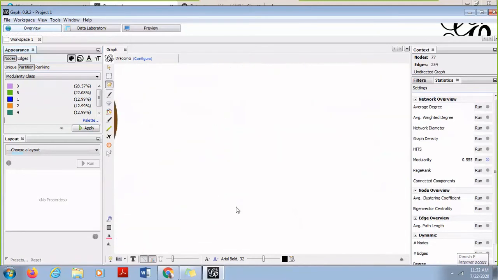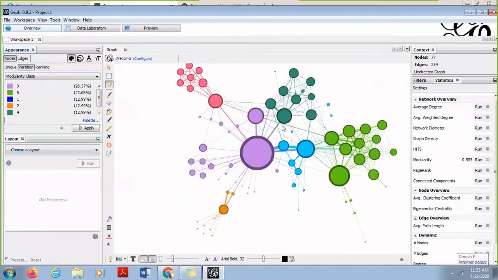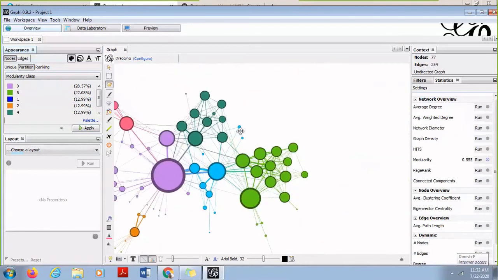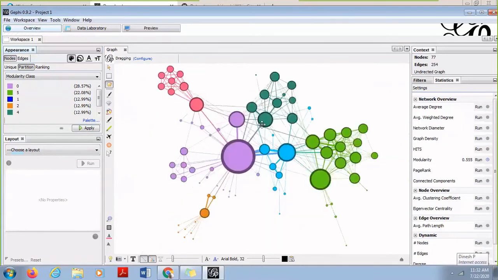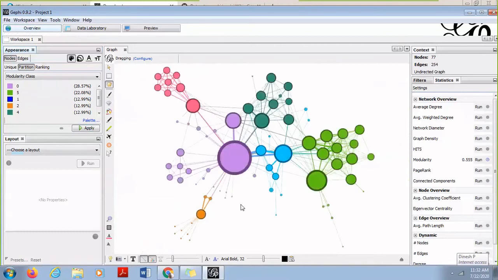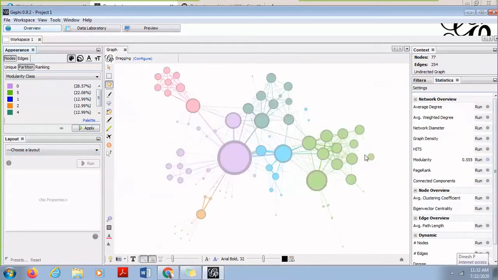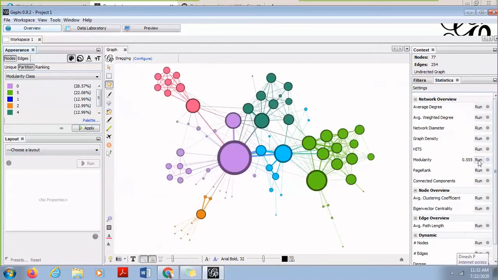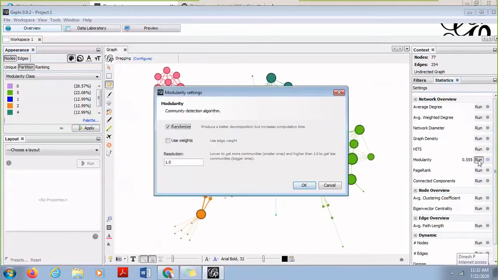So if I scroll, I can either zoom in or I can zoom out, and to drag I can use the right click button to drag the graph into the window which is available, okay. So this is one of the very important features which I can apply for finding the modularity. Now in this graph, since this network is very small, I was able to get only 6 communities. But sometimes it may happen that you get a very big count of communities, which is around 300 or maybe 40 communities in the network.